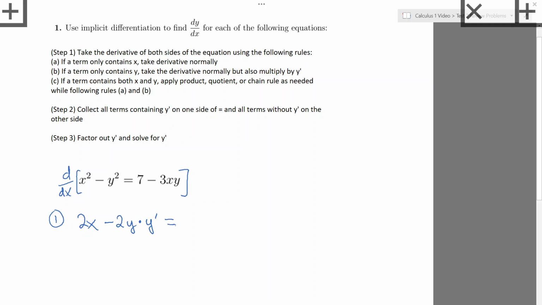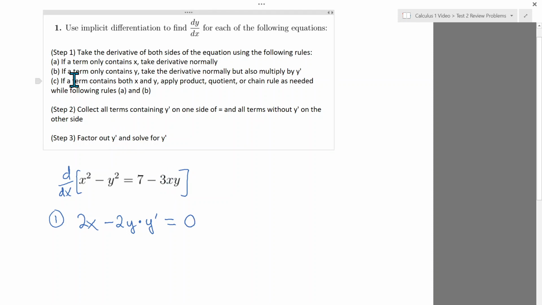And then we have the equal sign. And then the derivative of 7, which is a constant. So the derivative of a constant is equal to 0. And then finally, when we get to the last term here, so now this term contains both x and y, right? So now we have to follow rule C, and so we apply the product, quotient, or chain rule as needed. Okay, so now looking at this, we can think of it as 3x times y,